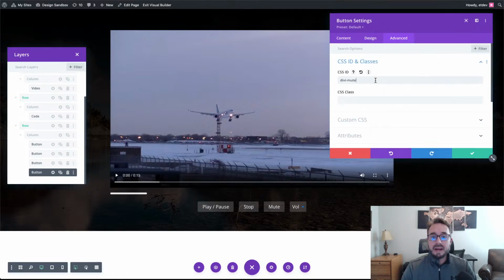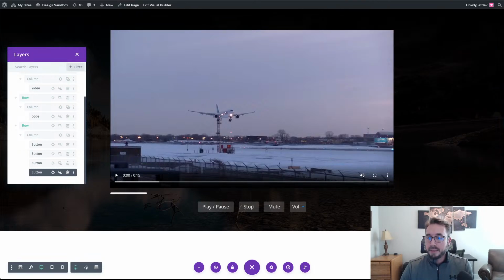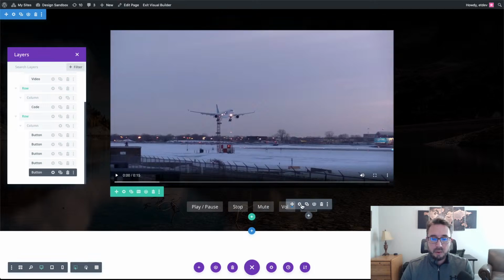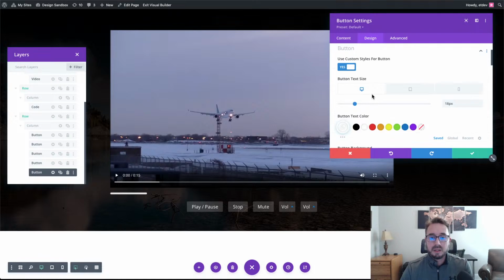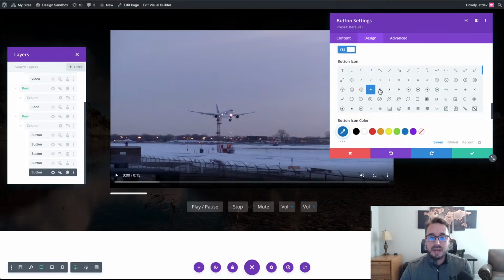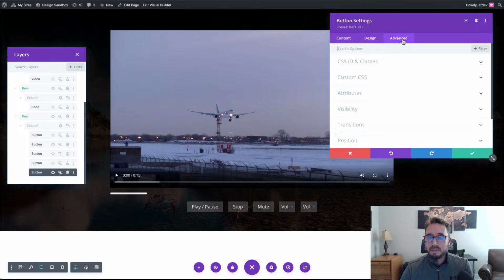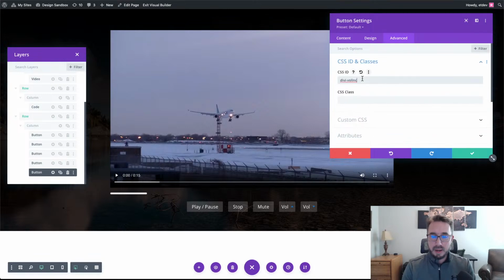Advanced tab. Let's add a unique ID called Divi-vol-inc for volume increase. So I could have used vol up, but I didn't. So save that out. And for the volume down button, let's go ahead and duplicate this one. Now all we have to do is change that icon and our CSS ID. So let's do that. Go to my button settings, scroll down, change the icon to the down arrow, and go to my advanced tab, change my ID to